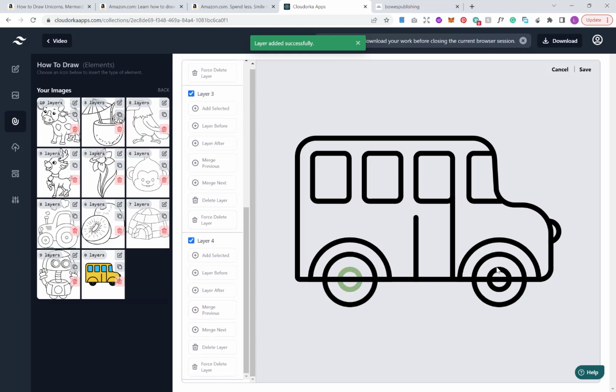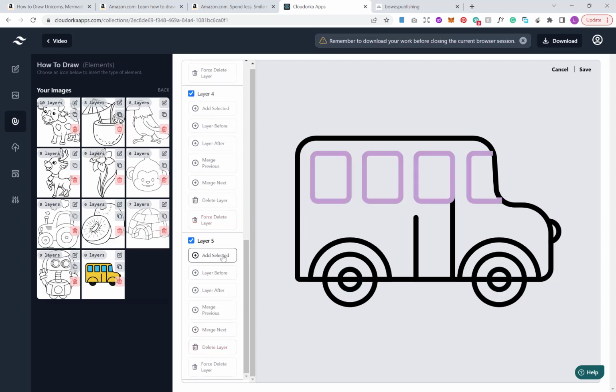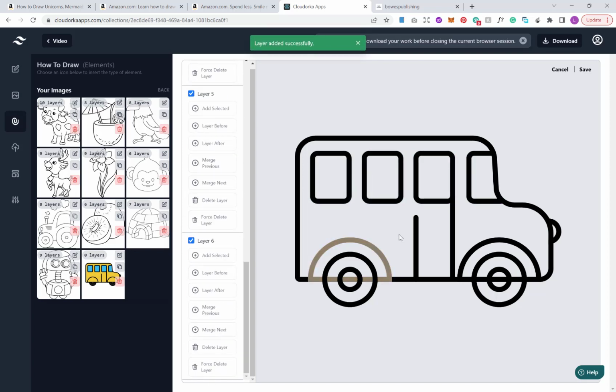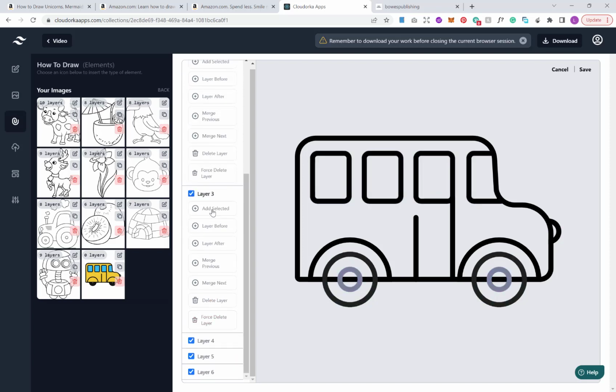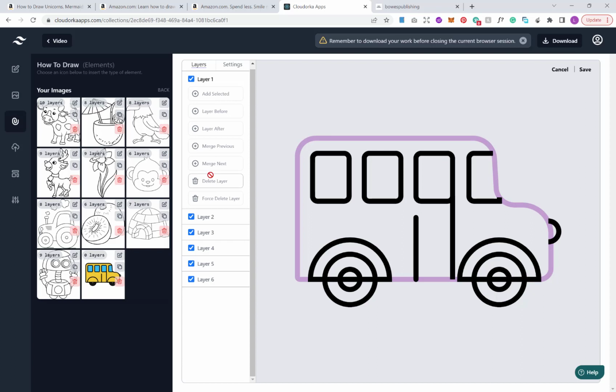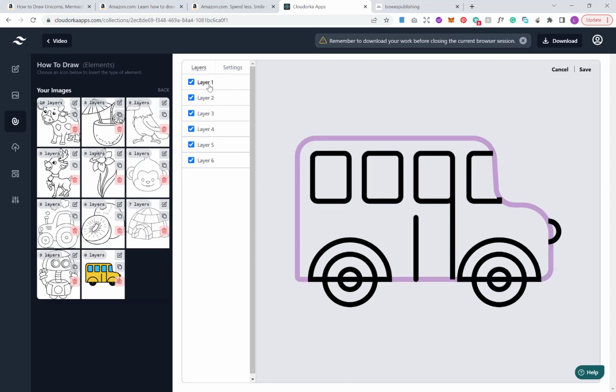and then add the inner bits of our wheels here like so, add selected, and then we're going to add another layer after. And for this, let's do our windows, and then add selected on that one, and then finally one more layer after, and we'll add the bits that are missing, so just these bits here like so, and add selected. So now, as you saw in the other SVG files, this has now been broken down into separate layers. So once you're happy with that, you can hit save,